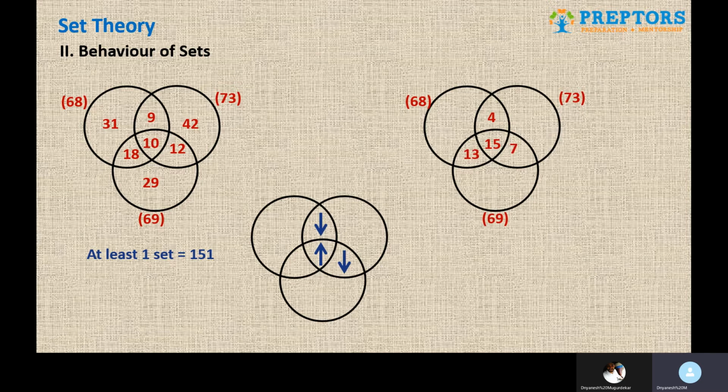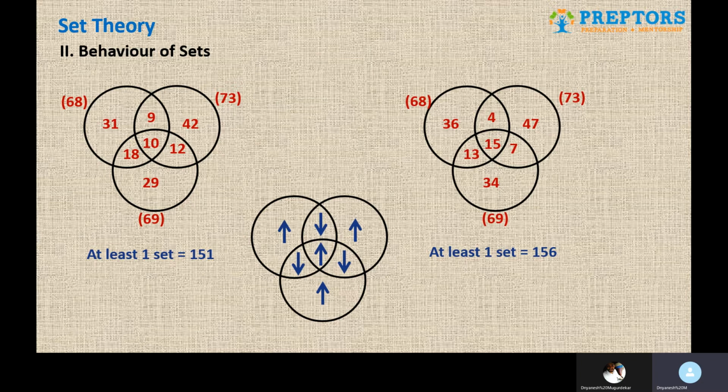And what else happens to the lone sets? The only values increase by 5, something of this sort. And what happens to at least one? It also increases by 5. So 151 will now become 156. So the beauty of this is that if you increase the intersection of all three values, suppose from 10 to 15, which is an increase by 5,